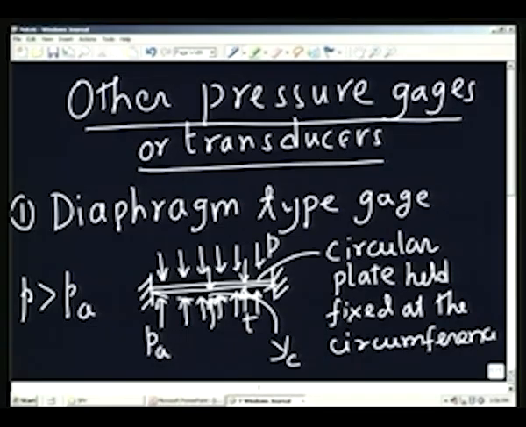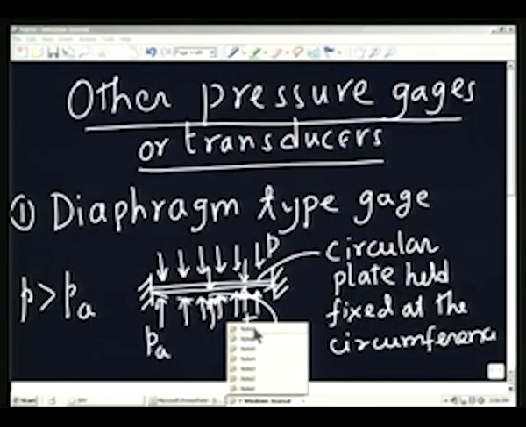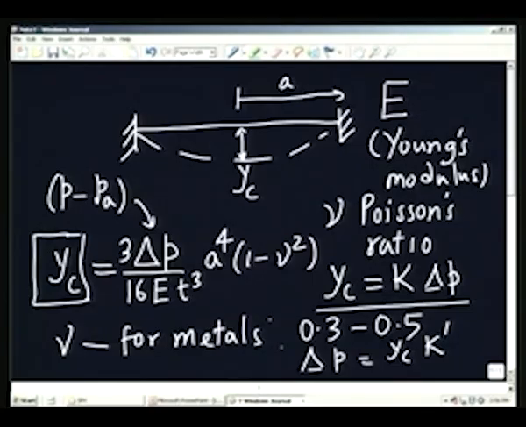At the center it will be maximum, and therefore, presumably it will be easier to measure the maximum than at some other location away from the maximum. So, if you are able to measure the displacement, you can relate it to the pressure by a simple linear relationship given by delta P equal to Y into k dash,